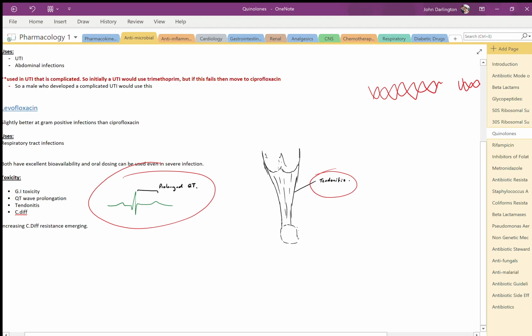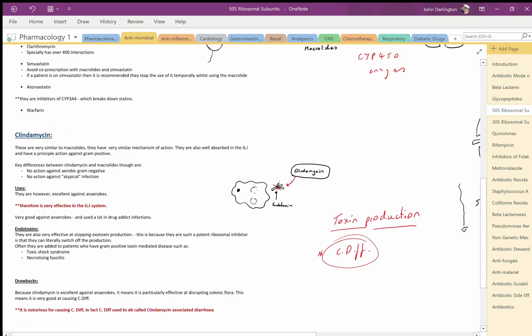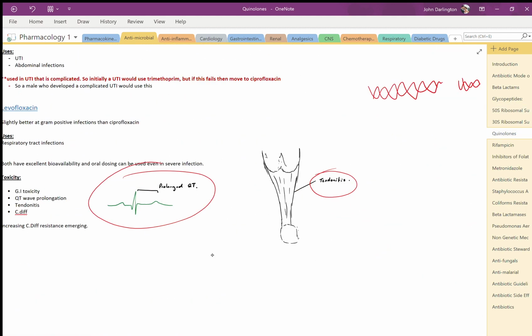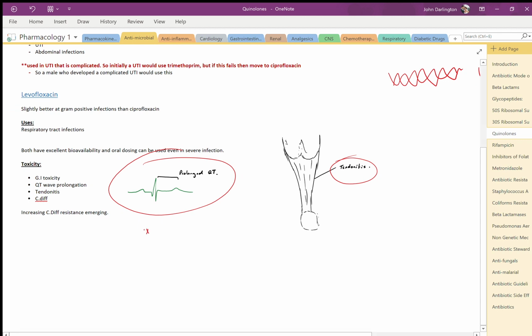So just like with the 50S ribosome inhibitors, the macrolides causing QT prolongation, the quinolones also do. If you remember that this can cause Torsades de Pointes, which is a tachyarrhythmia that can be fatal. And again, if you see anyone, or if your exams say they've got a heart